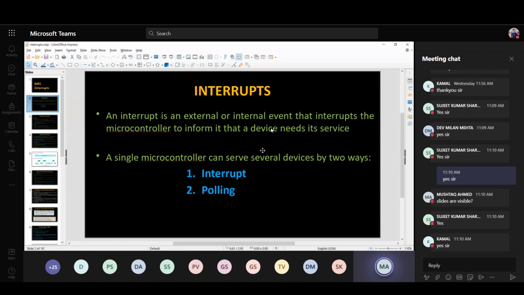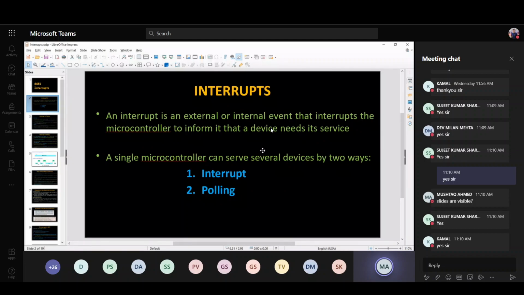Whenever an internal device wants to communicate, what are the internal devices in 8051? There are basically two internal devices that can generate interrupts to communicate with the CPU, that is timer 0 and timer 1. Apart from that, there is also a serial communication device, the serial port. If a serial device connected to that serial port wants to communicate with the CPU, that is also categorized as an interrupt. Other than that, we have studied that there are two external interrupt pins, INT0 and INT1.